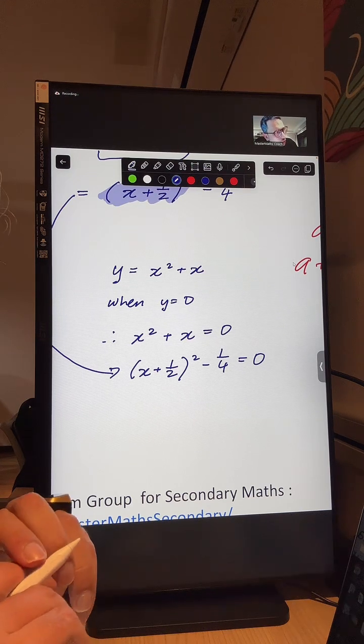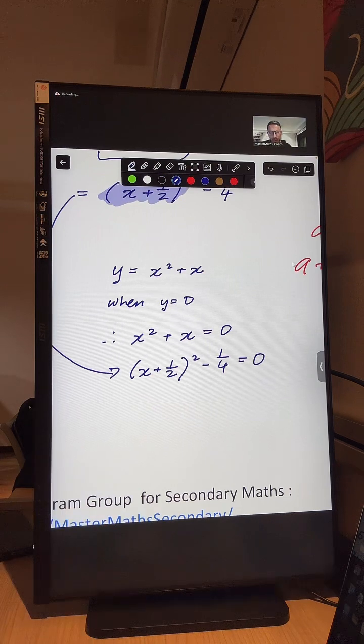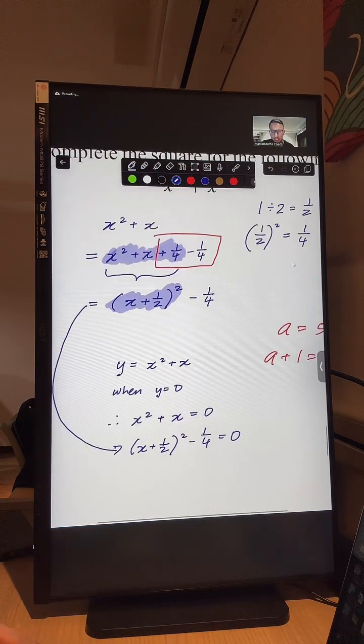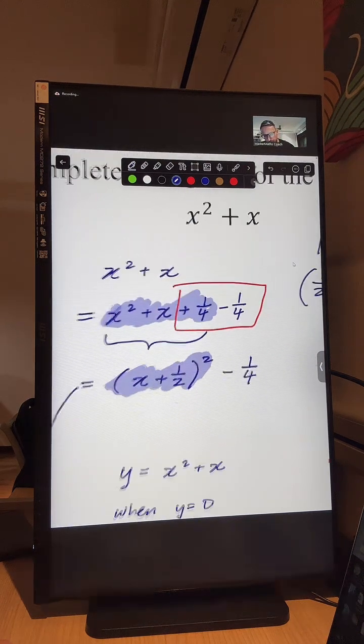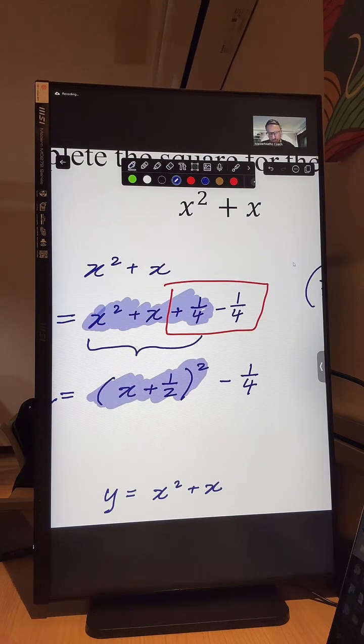Okay, someone is asking, may I know how you get half? Very good question. How do we get the half? Just now I put 1/4. How come the 1/4 suddenly become half? Okay, because remember, if you have memorized your a square plus 2ab plus b square, this will be, hold on,